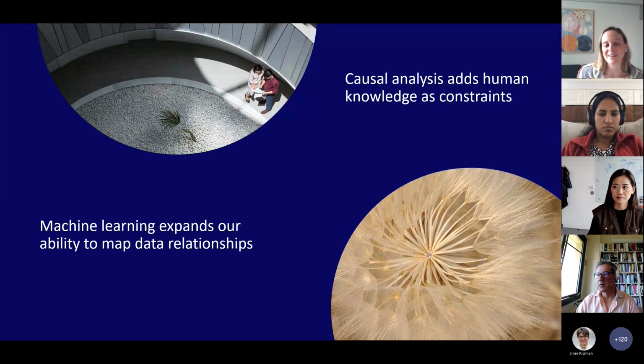So that's why the tools that we have built think about getting humans and AI to work together. So causal analysis adds human knowledge to the constraints that we already have. It thinks about constraining the kinds of models and relationships that might be possible. Logical deductions can help us assess whether it's reasonable to think about a causal relationship or whether it's impossible that causality would flow that way. We can encode our domain expertise to begin to discipline and restrict what machines can learn.